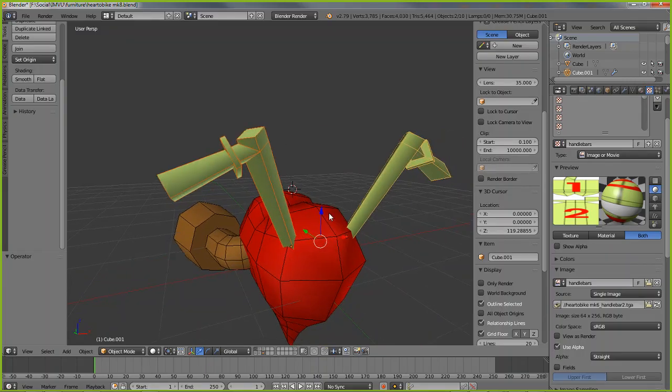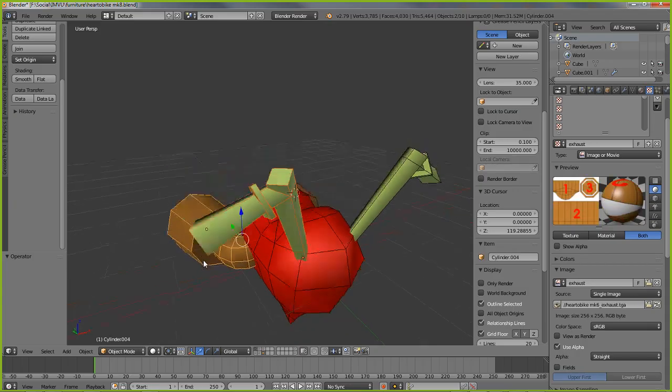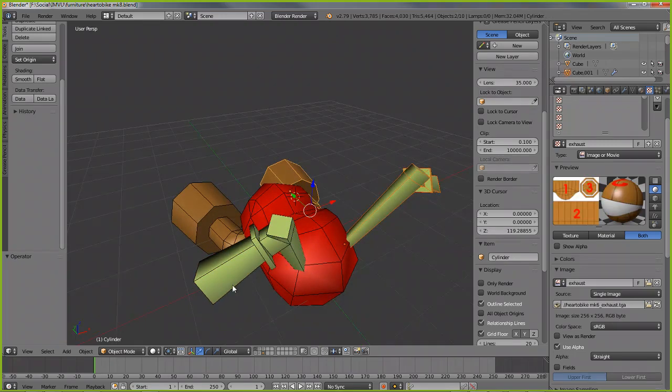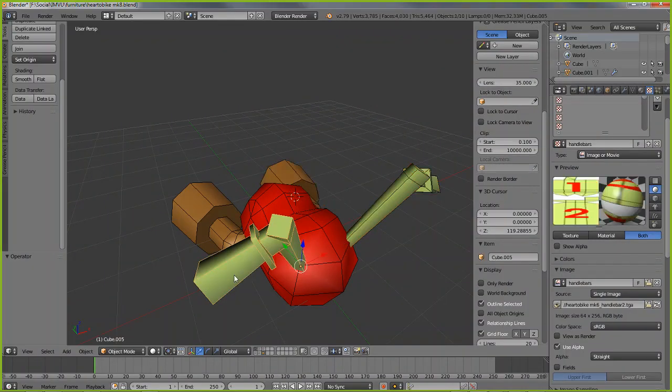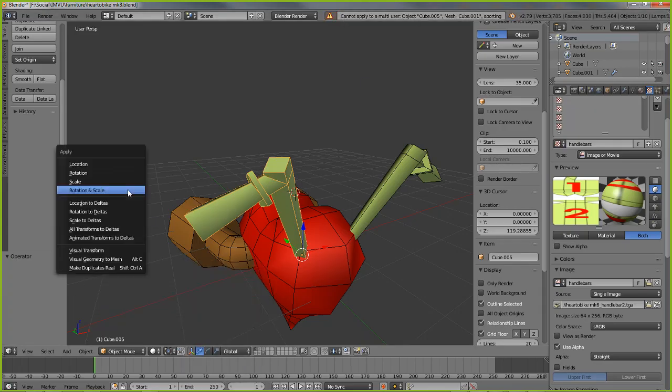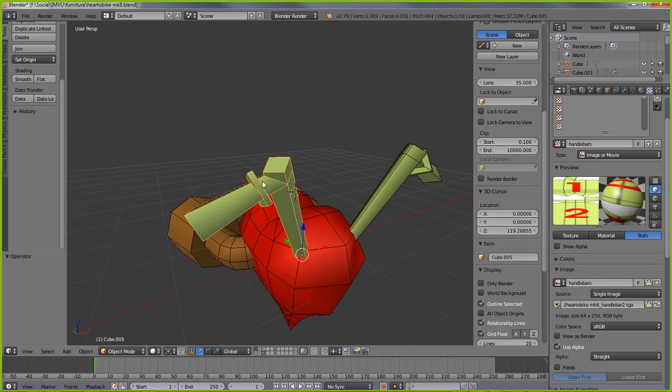So one of the things that we need to join everything together, but because this side of the bike handlebars and this exhaust are mirrored duplicates of these two, when they are joined together, they will flip inside out, they will invert. So you can either fix that and you'll get an error message. The normal way to fix that would be Control A and then rotation and scale. So what we're doing is using the apply. But for duplicated objects,